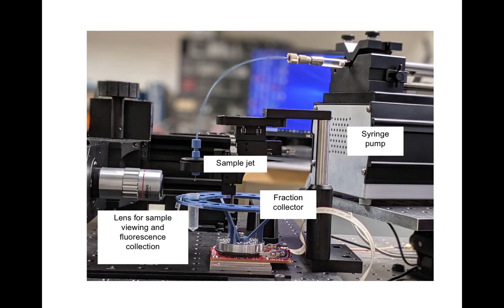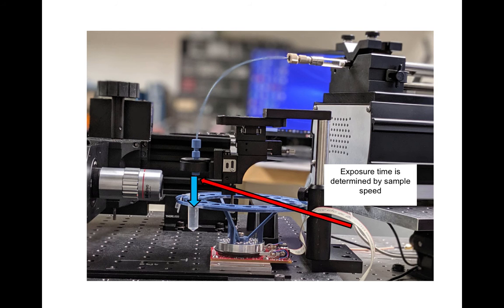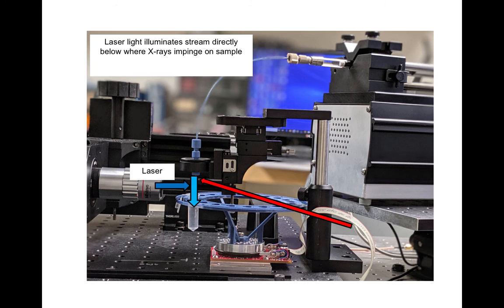This is what the instrument looks like in real life. So we have a syringe pump to push a liquid sample through a nozzle, and a fraction collector so we can collect multiple samples. The X-ray beam hits the sample fairly close to where it's ejected from the nozzle, and the exposure time is determined by the speed of that sample as it passes by the X-ray beam. We have a laser that shoots the falling liquid, and then we collect that fluorescence along the same light path